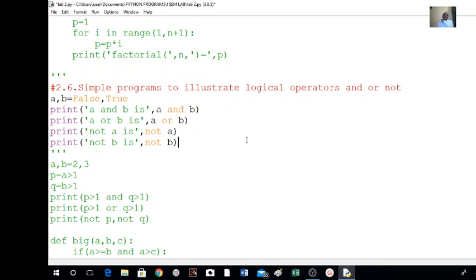So A is false, B is true, therefore definitely A and B is false, A or B is true, not of A is true, not of B is false.